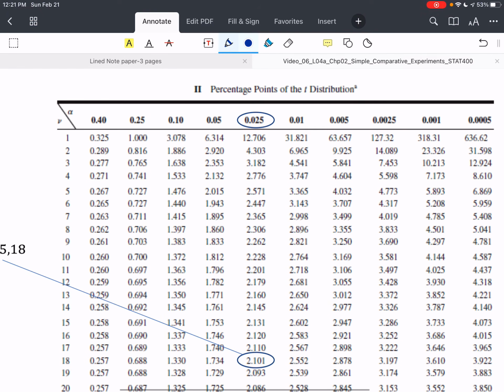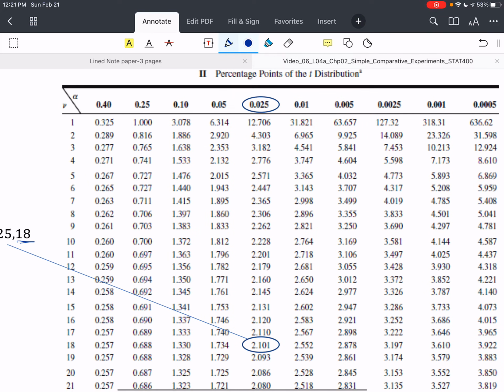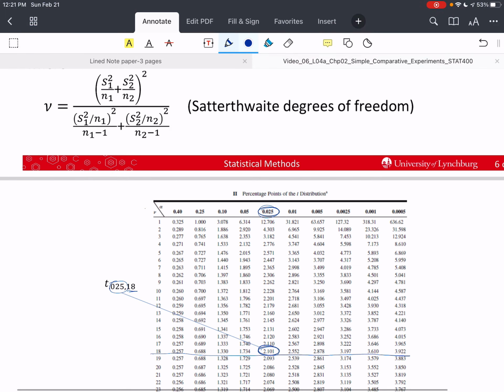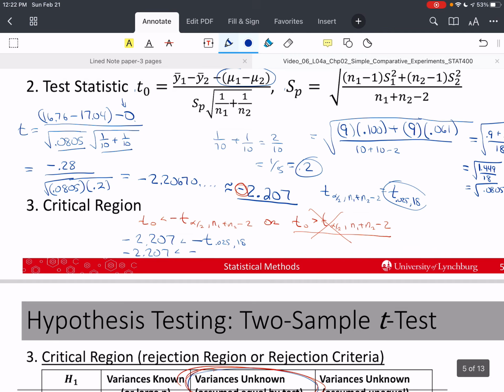So I'm zooming in on our T table. 18 is the degrees of freedom. So that is new. So I am on this row. And then 0.025 tells me what column. I go up to the top, I look for 0.025, and I find it here. And so where these intersect gives me 2.101. 2.101, I'm going to plug in